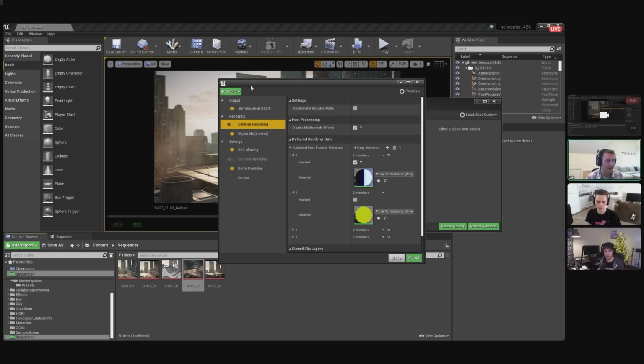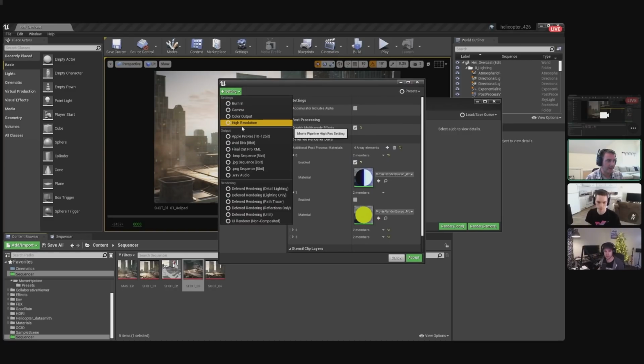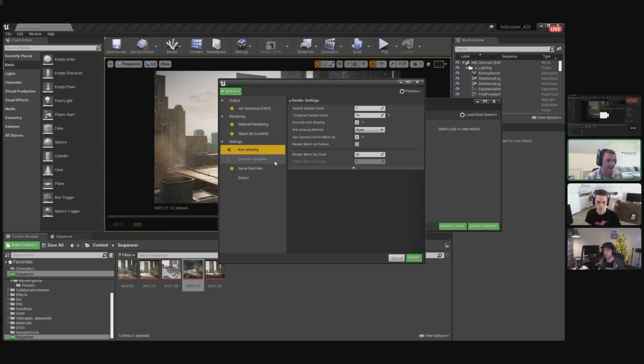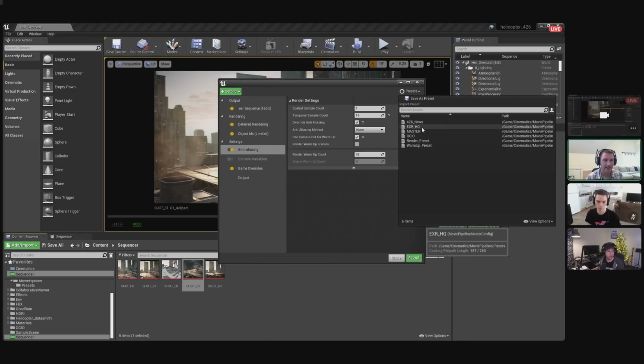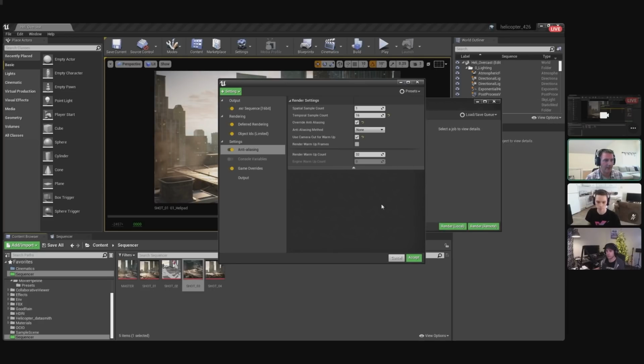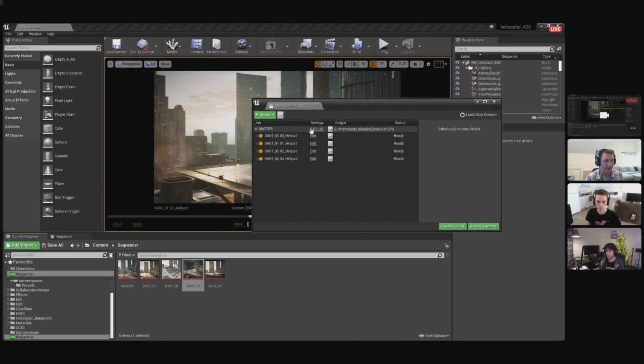In a typical workflow, some of the settings that we want to touch on are some of these anti-aliasing settings, for example, going into the sample counts and what that means. Once we've saved those or set things up, we can save this as a preset as well. So you can see I have an EXR high quality, I have one for the master, I have one for open color. And you can simply change those at the global level for the whole master sequence, or we could change those at a shot level.